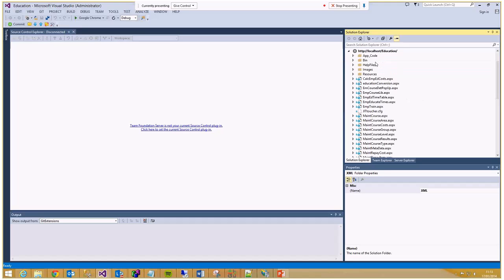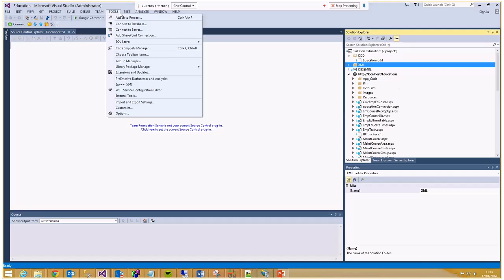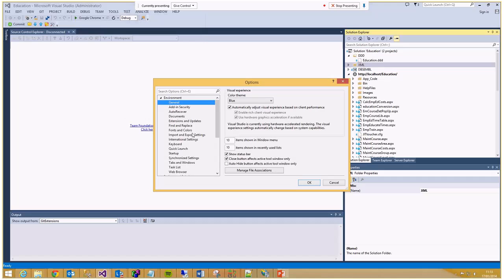Alrighty then. Okay. So now we've taken down my education project from the central repository. Now I've opened up my local repository. The first thing to do, we are used to working with TFS, but we need to change over to let our source code be managed by Git. So go into the options,